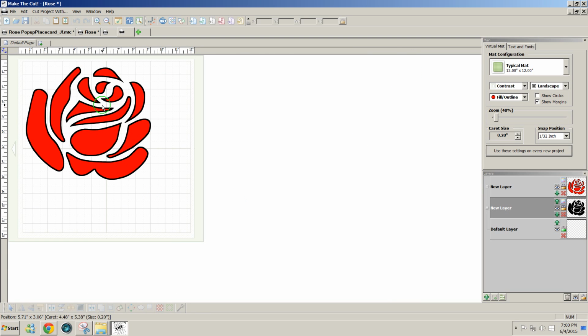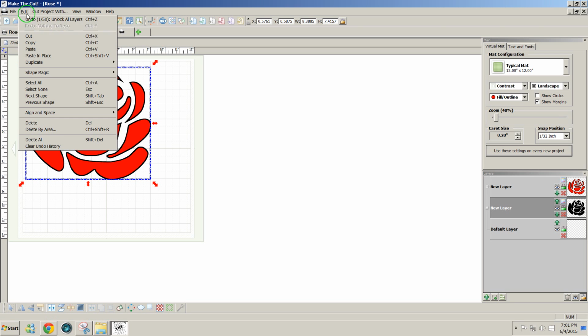Now if I click on this rose, nothing happens. It's not selected. That means that the whole page is locked. To unlock the page, go down to the lower right corner and click on the gold lock icon and select Unlock All. Now you can select all or parts of the design. What I'm going to do is select just the red part here, click on the red and go to Edit,